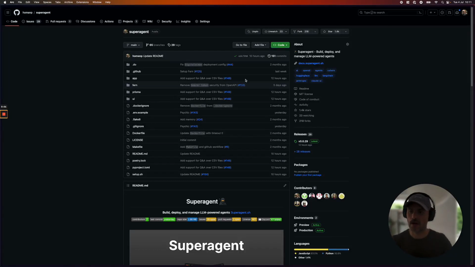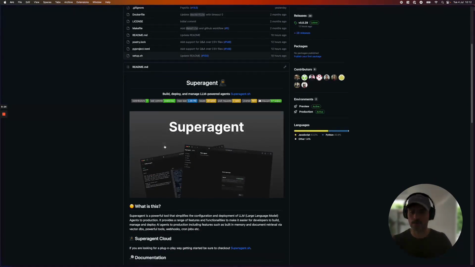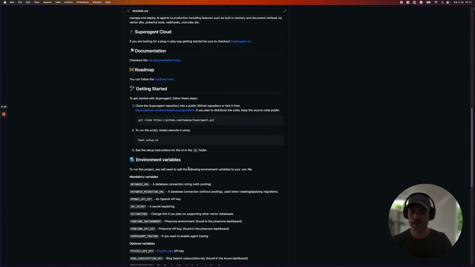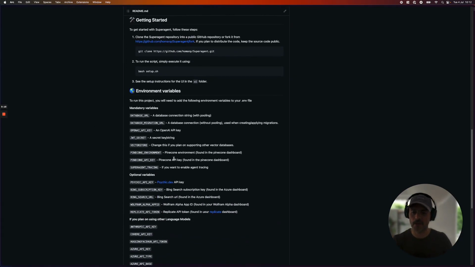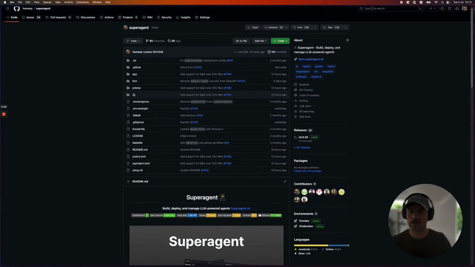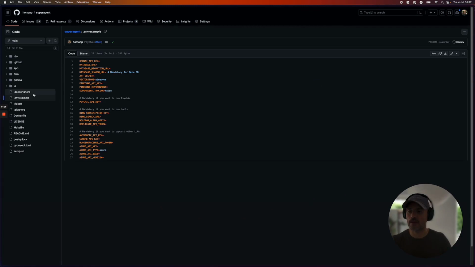Hey guys, today I'm going to walk you through how to set up Superagent and the Superagent UI. First thing you need to do is to come to the repository, and before cloning and running all of the scripts, you can just have a look at the environment variables here in the README that are necessary. And we have basically two sets of environment variables, one for the backend, and then we have one for the